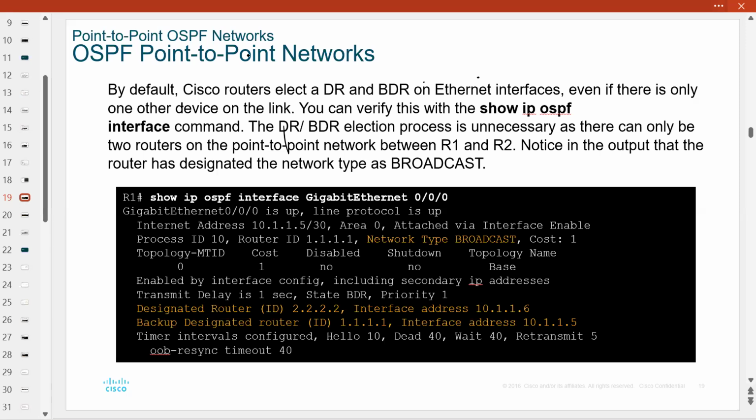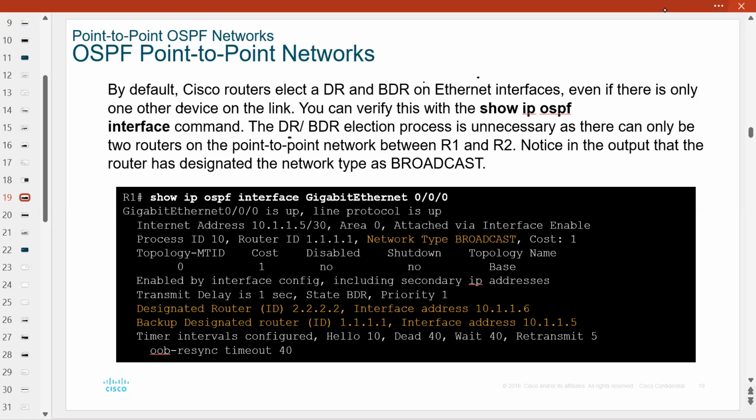Continuing with OSPF point-to-point networks. Here we are going to discuss the election process. By default, Cisco routers elect a designated router and a backup designated router on Ethernet interfaces, even if there is only one